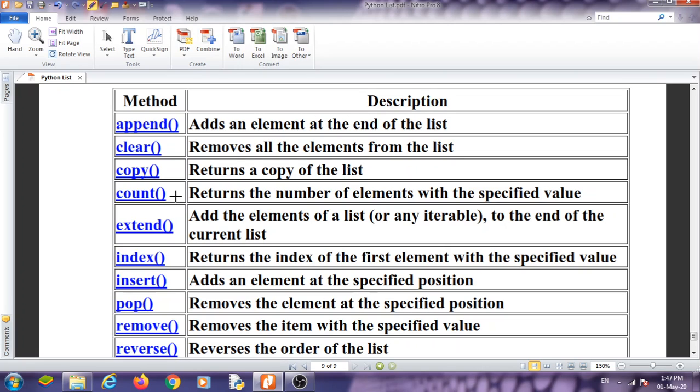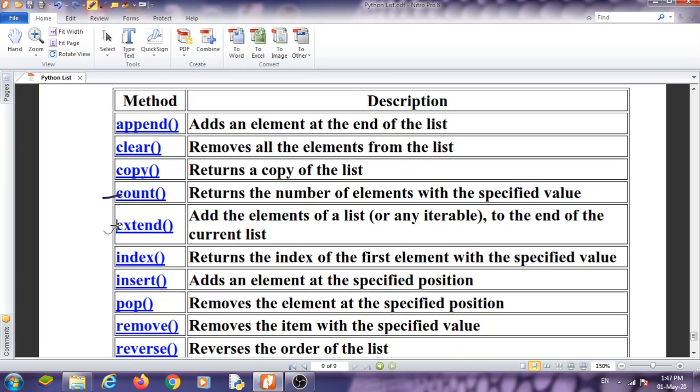Count will count a particular element in the list. Suppose there is a list and I want to count how many times the banana element repeats in the list. At that time I have to use the count function.